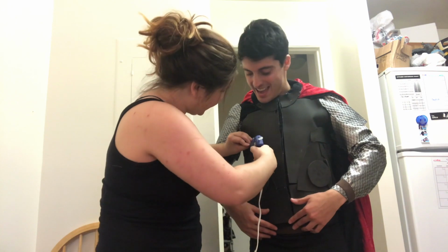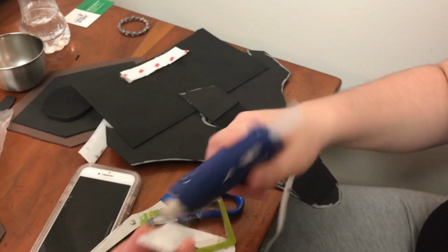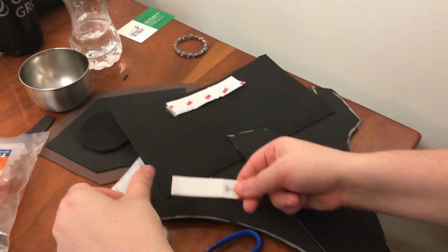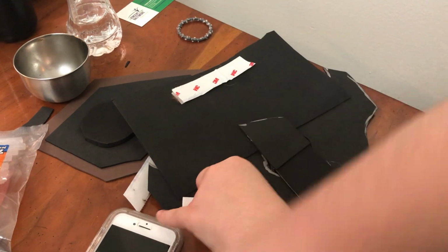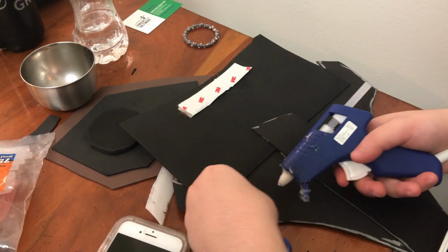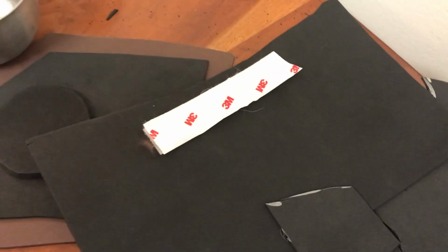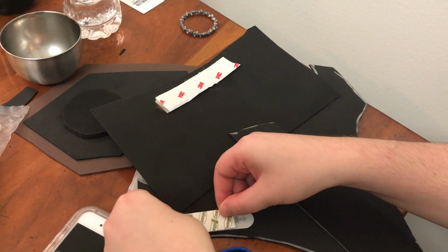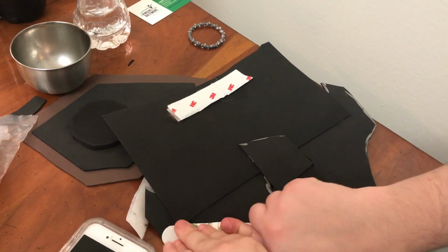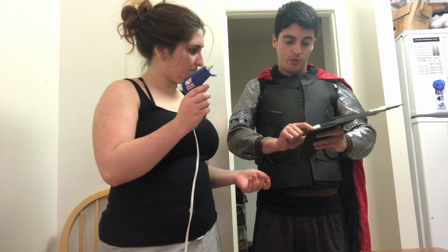Oh my god, this is fantastic already. So we're going to need Velcro now? Yes! So what you do when you're gluing Velcro down is you glue down one side, you keep the Velcro attached to it so that you can then peel off the extra piece of 3M tape, attach glue to that, and then stick it right where you need it to be. The glue is stronger than the Velcro, so it's not going anywhere. Now, you really only have one chance of this, which is a little bit nerve-wracking, but...